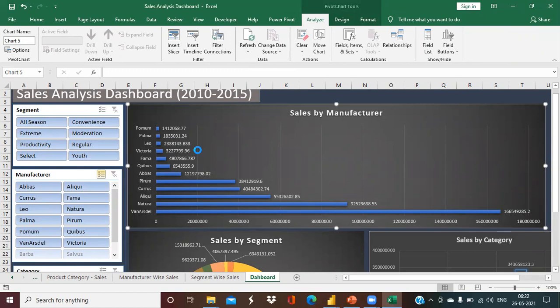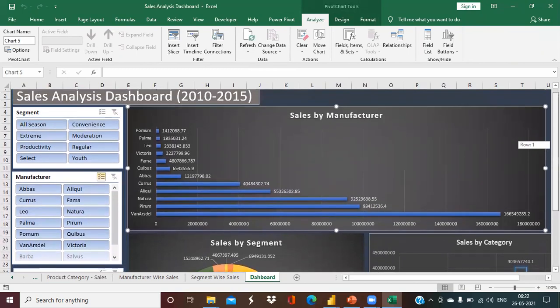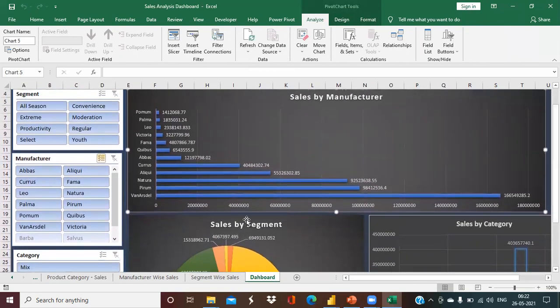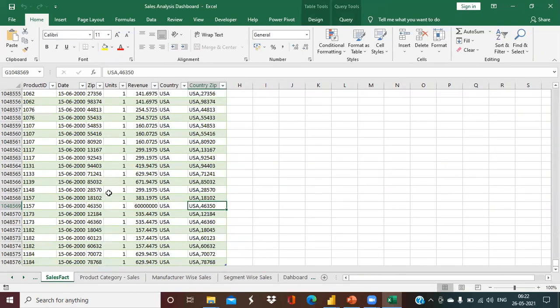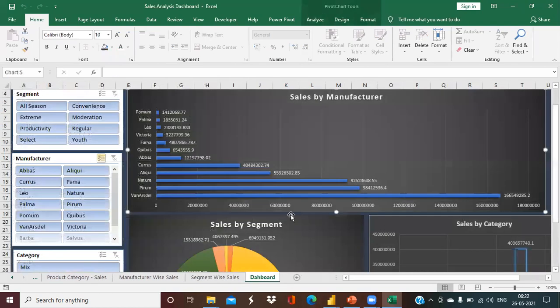So my point is, whenever your data is getting updated, whenever new data is getting inserted, you can see the changes in all three charts very clearly. The sales was for one manufacturer only, maybe product ID 1157.